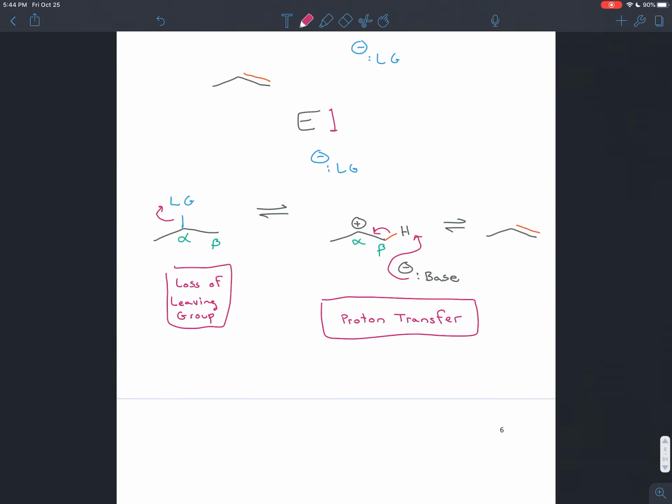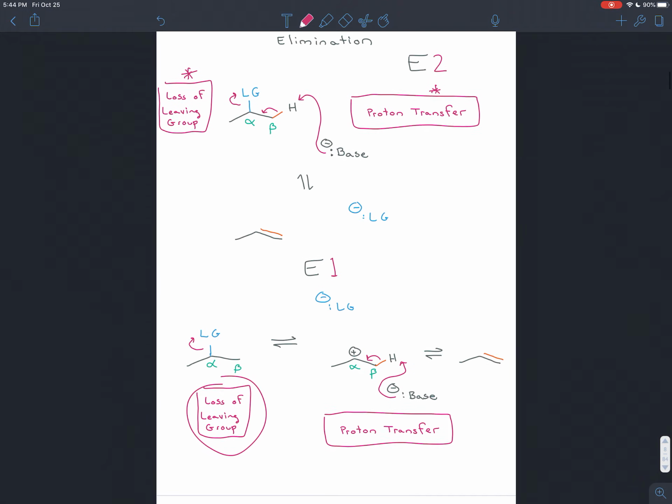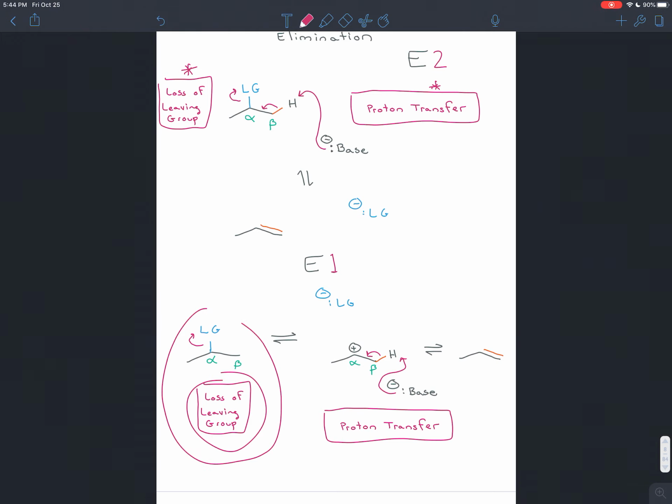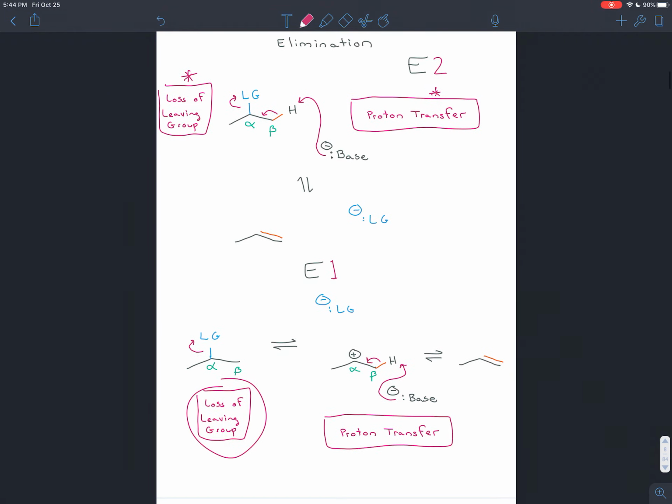So elimination reactions take a leaving group off the molecule and create alkenes. And they do that with two key crucial steps, loss of a leaving group and proton transfer. There are two types of elimination reactions, E2 reactions, where loss of a leaving group and proton transfer happen at the same time, and E1 reactions, where loss of a leaving group happens in one step, and then in a second separate step, you get proton transfer. So this is just a small, short, quick introduction to elimination reactions. We'll be drawing the mechanisms for them for a bunch